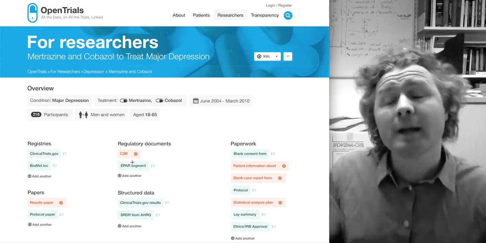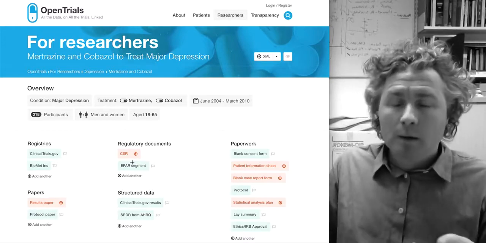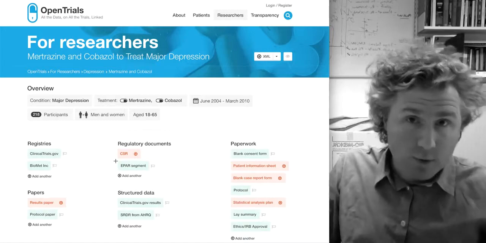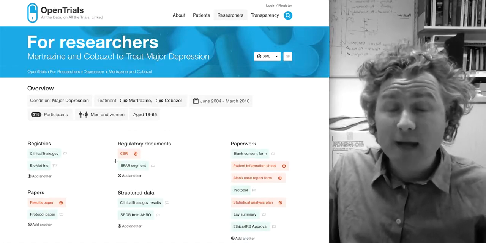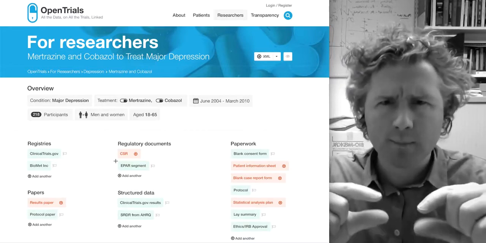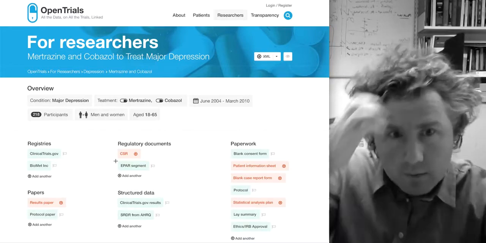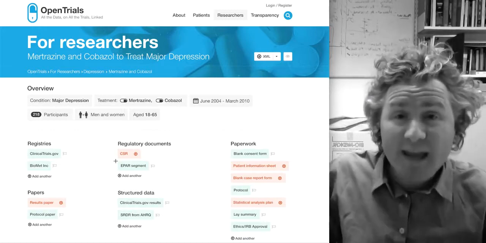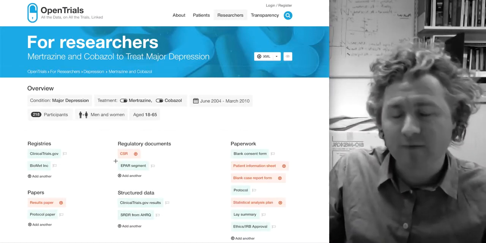So, regulatory documents. So here we found a bit of an EPAR, which is the regulatory document produced by the EMA when something is approved, and we can show you that. We'll show you the bit where the trial ID appears, the page before, the page after, if you click on there. But if you want, you can also link to the whole thing, and then you can go and see if there's anything more before or after.